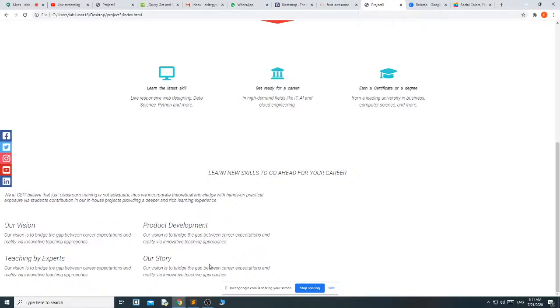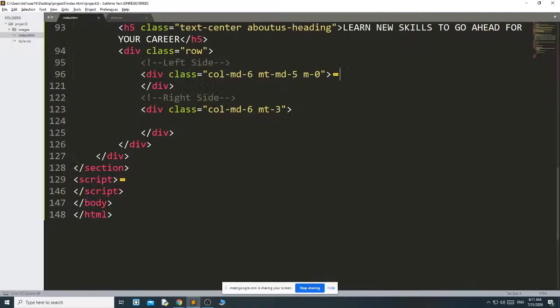Then in the left side we have got this. In right side we are going to add the image. That's why I just minimized the left side. Now we are going to work on the right side. I just use the same padding here. Right side again I am going to divide this grid into multiple grids.